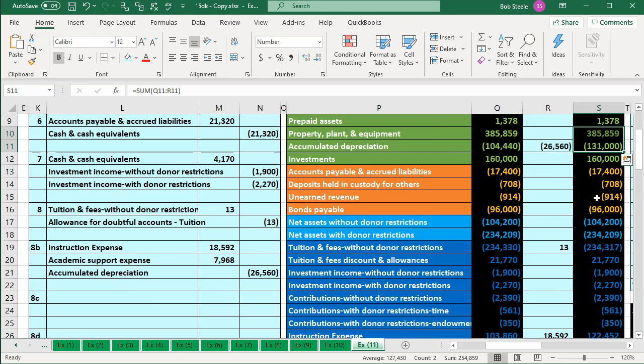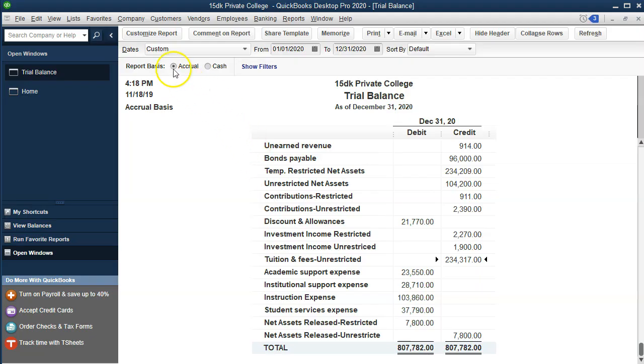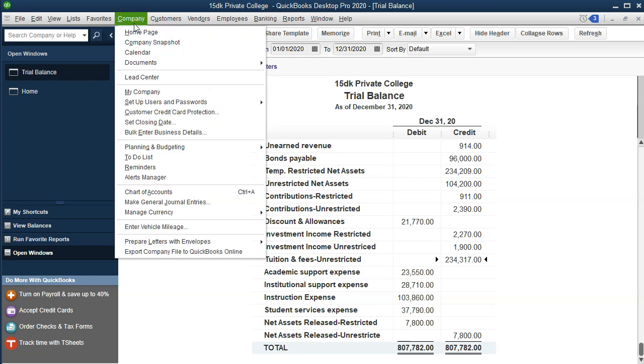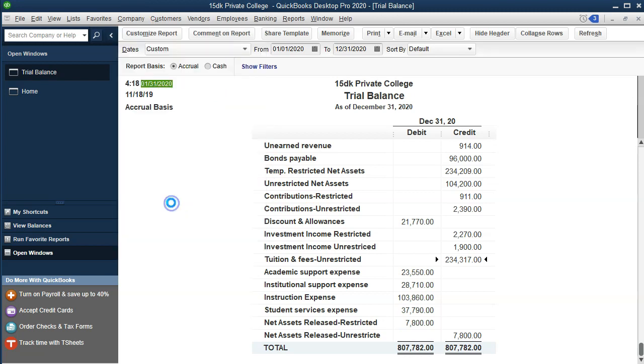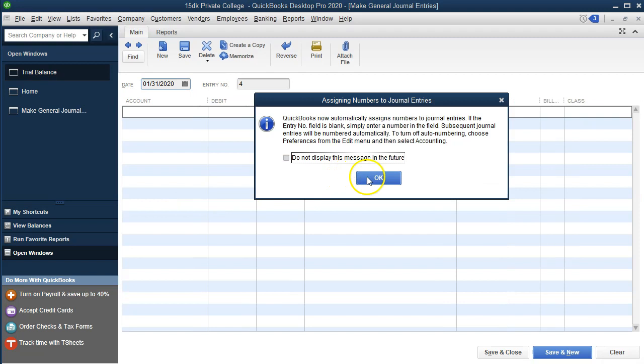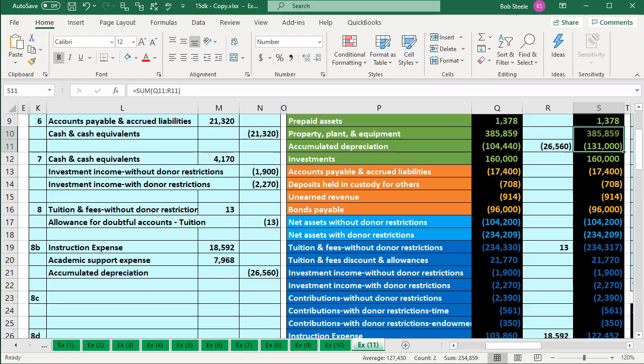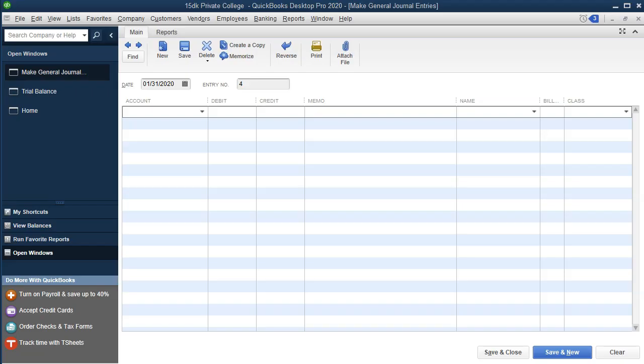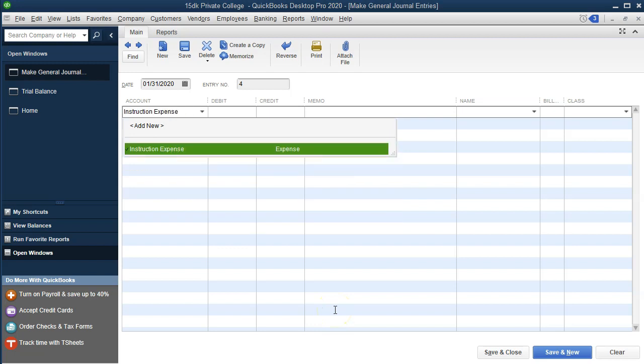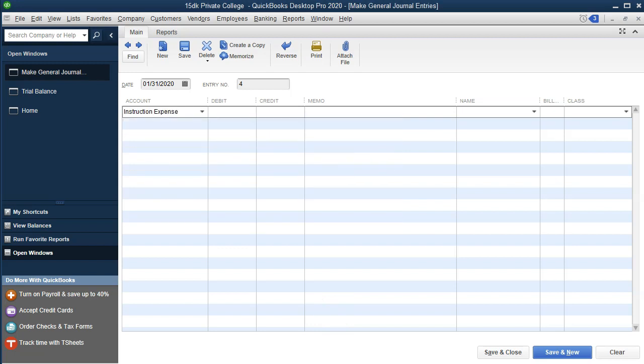We're going to record this then into QuickBooks. Similar type of method. We'll go straight to the journal entries to do so. So we're going to go to QuickBooks. We're going to go back to the company dropdown. We're going to go into the make journal entries, and we're going to keep it at January 31st. The debit is going to be to instruction expense. So we're going to say instruction expense. That's going to be the debit for